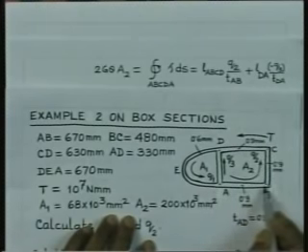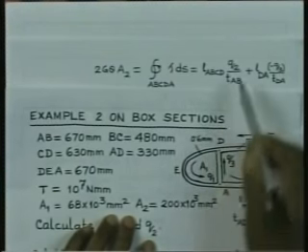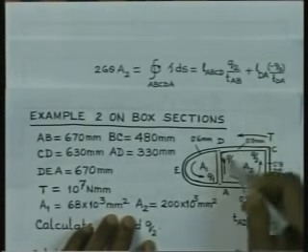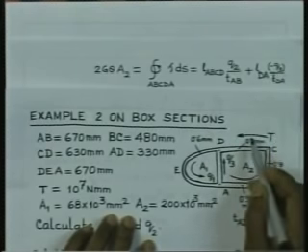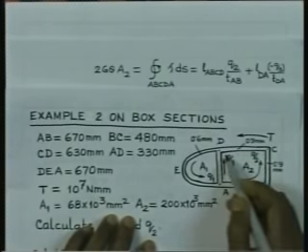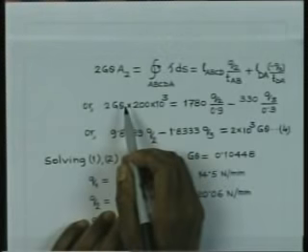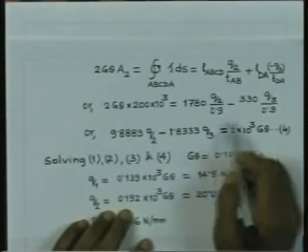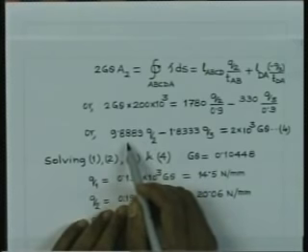So, we have constant thickness all over this, therefore, we could write straightaway length ABCD into Q2 by T of AB, and for the remaining portion you have to write this negative sign comes up because the movement is in this anti-clockwise direction, but the flow is taking place in the clockwise direction. So, if we substitute the value of the areas and the thicknesses, also the lengths, then we get this relationship